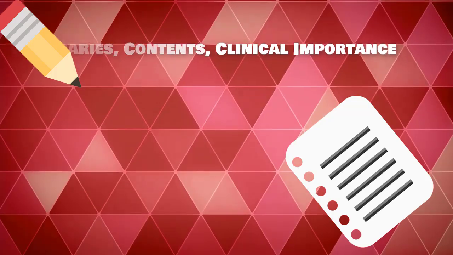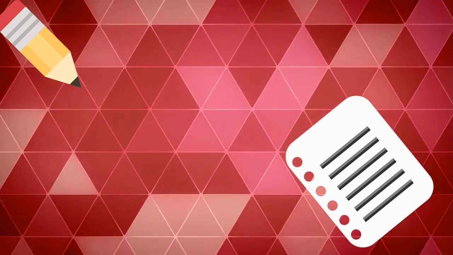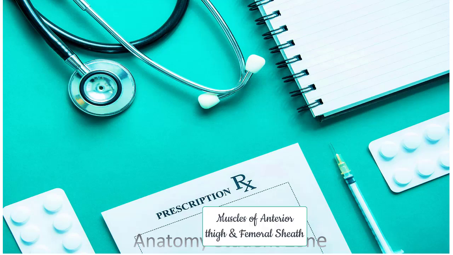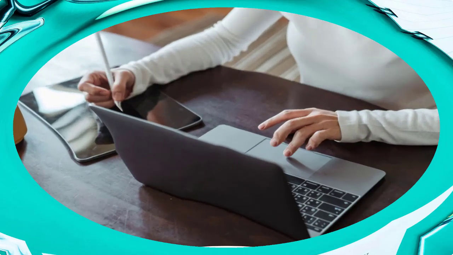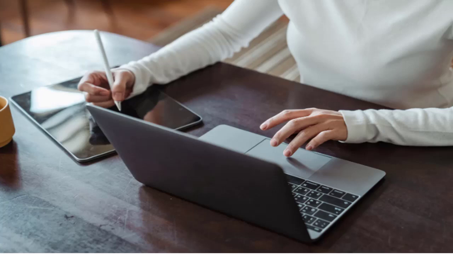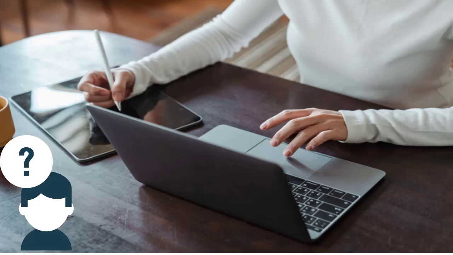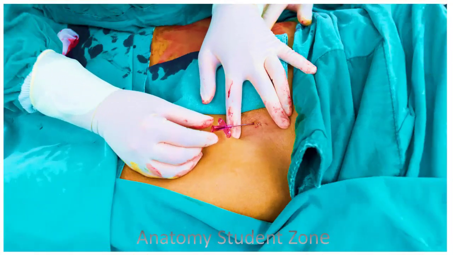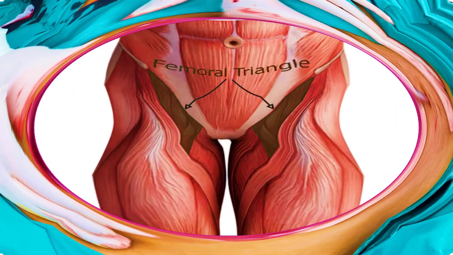I will try my level best to give you the foundation knowledge that will help you on the clinical side. So I recommend you go through the muscles of the anterior thigh and the femoral sheath before covering this topic, as without knowledge of the muscles of the anterior thigh and the contents of the femoral sheath, you are unable to grasp the femoral triangle, because it has great clinical significance. In terms of the femoral pulse and vascular access, it also has great clinical importance in cardiac procedures as well. So first I will cover its anatomical location.